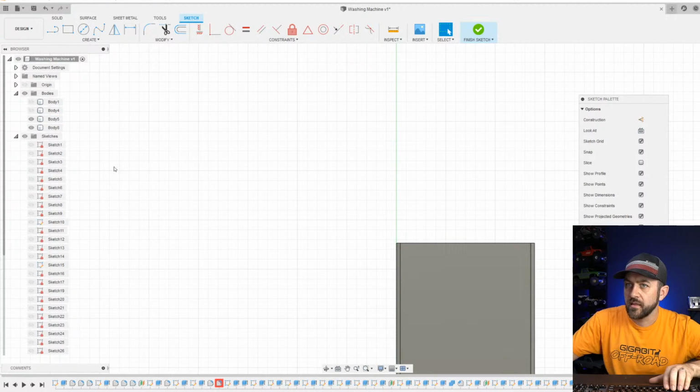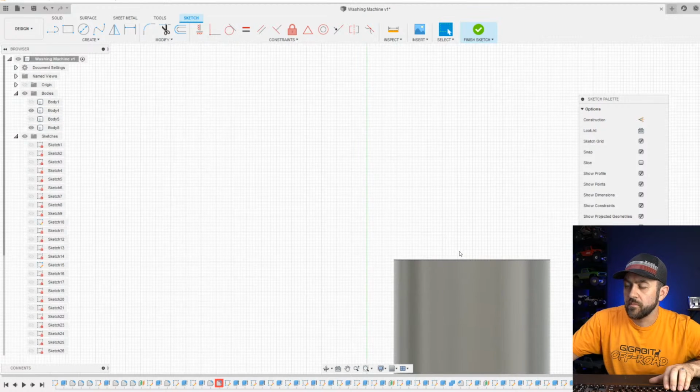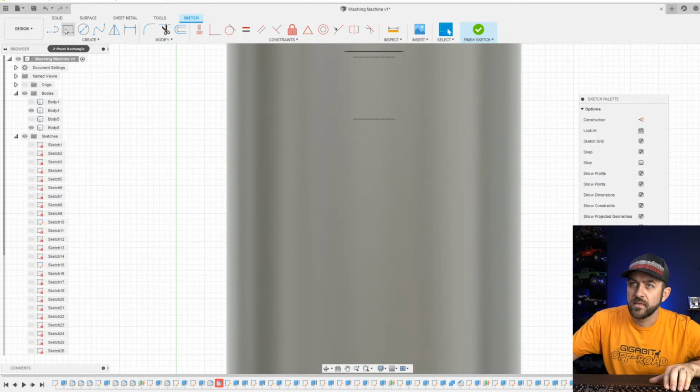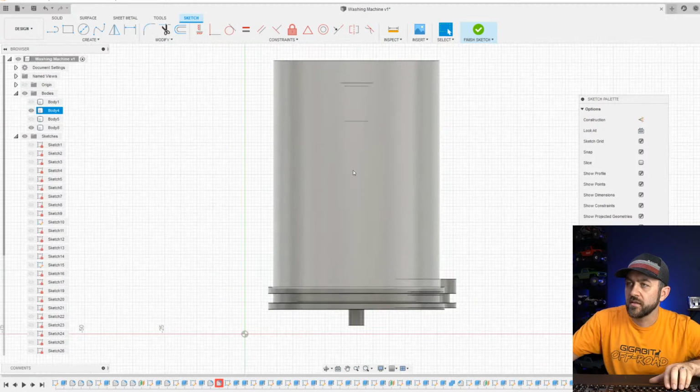And what we're going to do, let's hide the basin, turn this so that we can see the hidden lines. It's always the suck part about